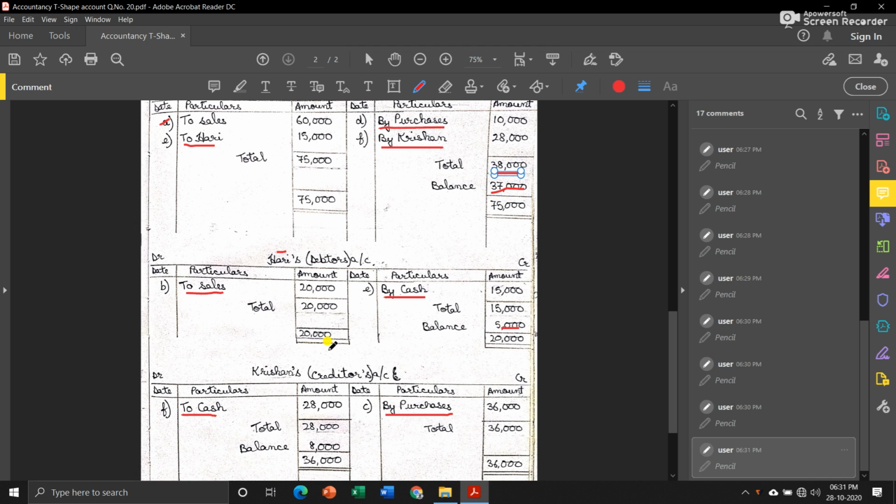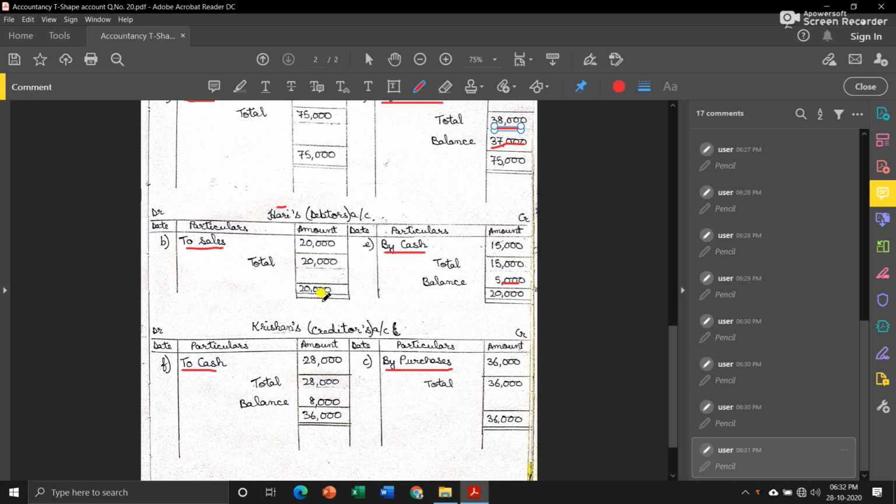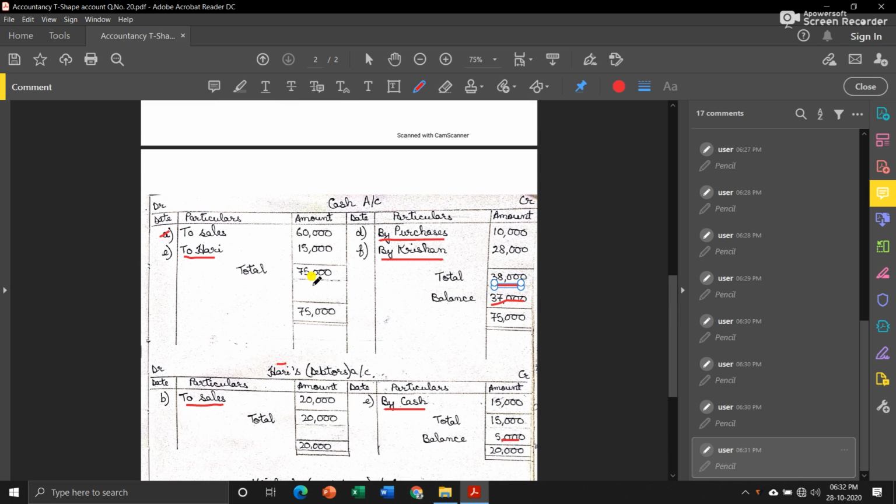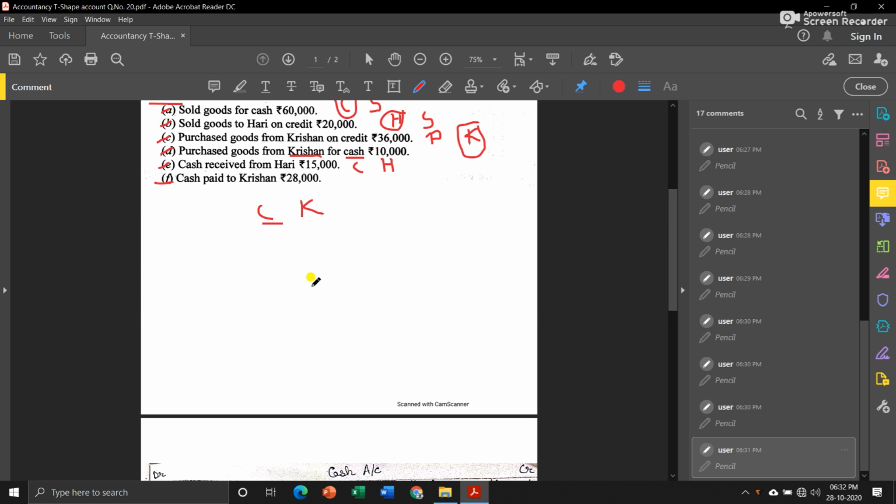And this type of question we will face again while preparing ledgers as well. So be sure to learn by heart the rules of the modern approach as well as the traditional approach, because while doing journal entries we have to follow traditional rules. I hope this question was a little bit easy for you. I thought this question might be a little bit complicated for you, but if you try, then you will get the hang of it. So if you have any doubts, you can ask me, and for this session we will wind up here. Thank you.